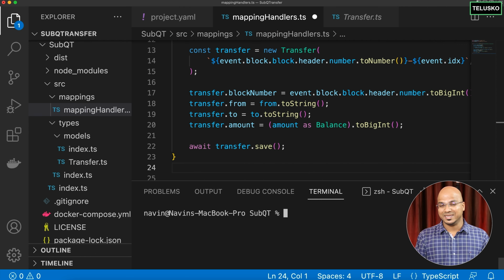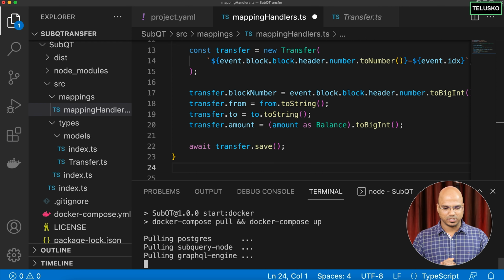Now, once your Docker is up, you can simply start your Docker. You can do that with the help of npm run script, and you can say start Docker. Again, all these commands are mentioned in the package.json. You can verify from there what command you have to use, and you have to say enter, and done. It is making sure my containers or the images are up and running. Basically downloading the images now. Again, it will take some time to download.